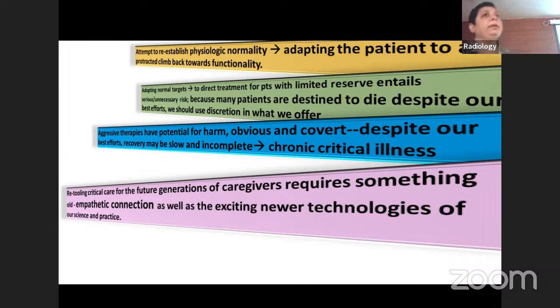Last evening, David sir and I were resuscitating a near 80-90% burns patient. She's a 75-year-old female. She came gasping. She had a cardiac arrest in